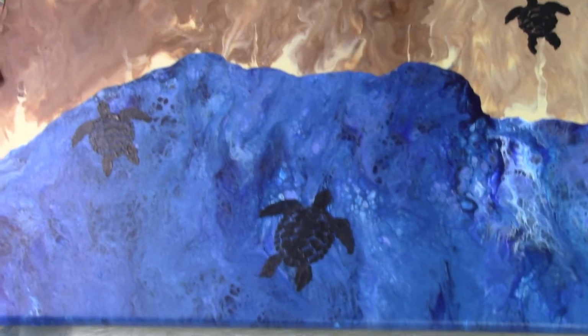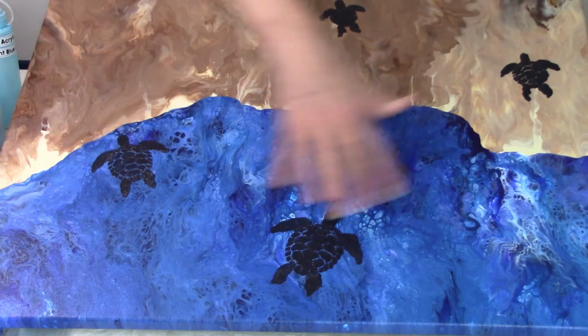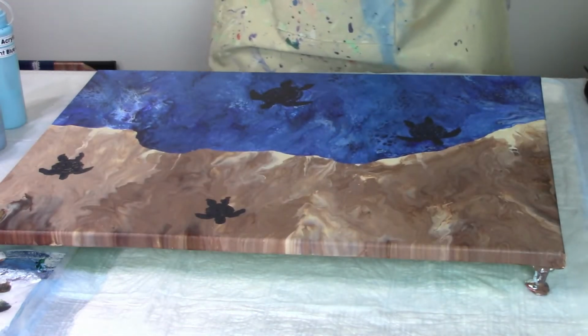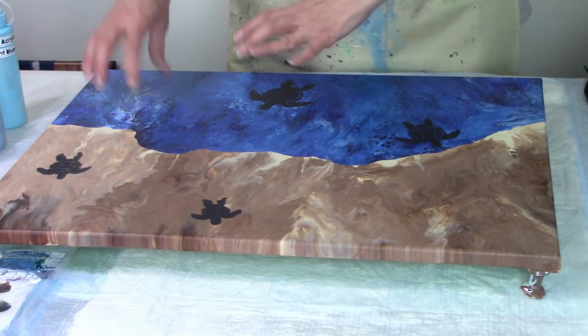So here's what we've got so far. You notice I've added some turtles. Okay, they don't look like much right now, but they will. So what we're going to do now is add the lighter blues with our wave foam